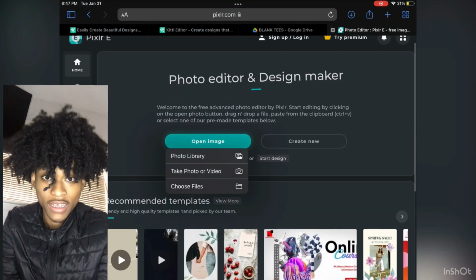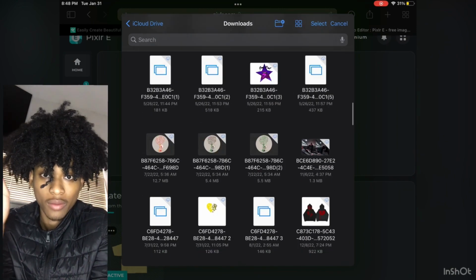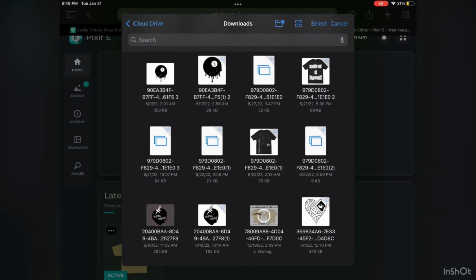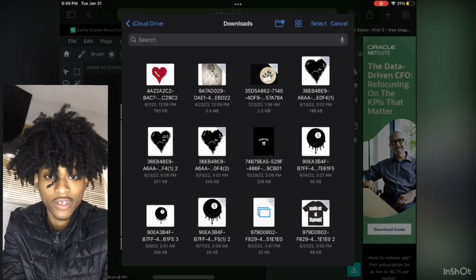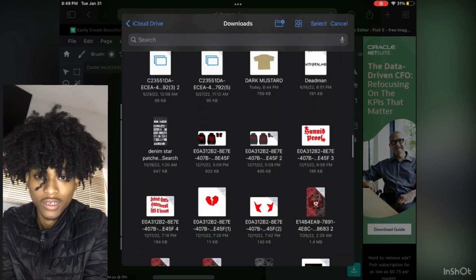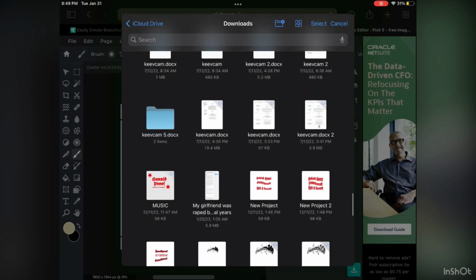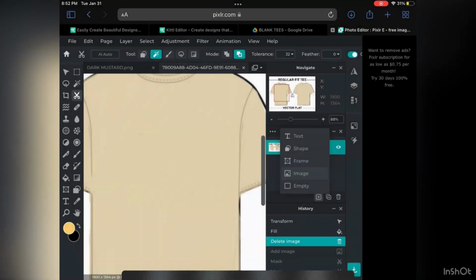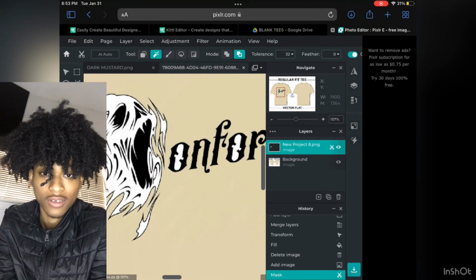Then you want to open the image and look for your mock-up and put it on there. Then look for your design and put it on there. And you're gonna click the white spaces out and